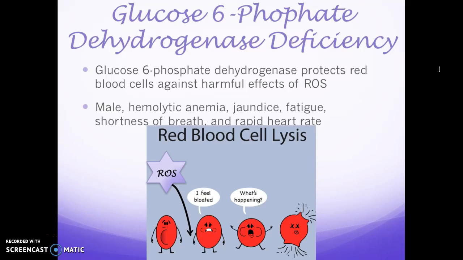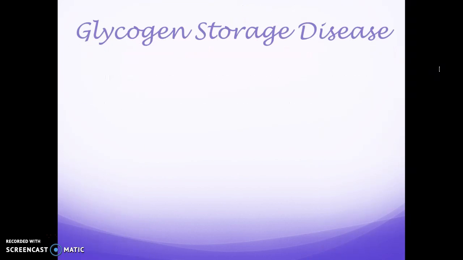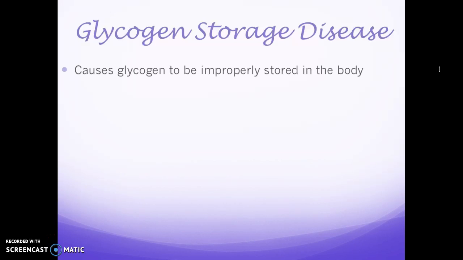Epinephrine would not have been administered to a patient who shows clinical implications of increased heart rate and shortness of breath. This cannot be a diagnosis for our patient since she is female and her red blood cells were not affected to our knowledge. The complications that our patient presents do not coincide with the complications presented in somebody with this deficiency. So that leaves glycogen storage disease, which is an inherited genetic disorder that causes glycogen to be improperly